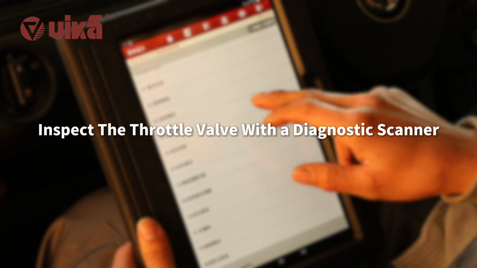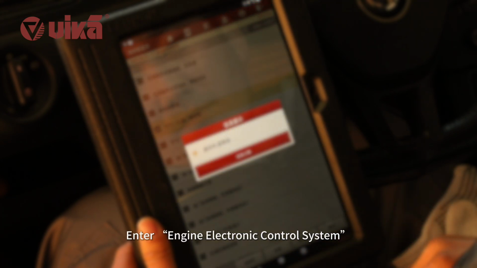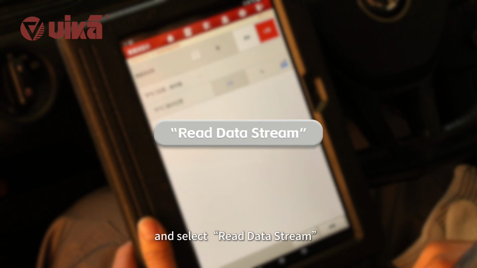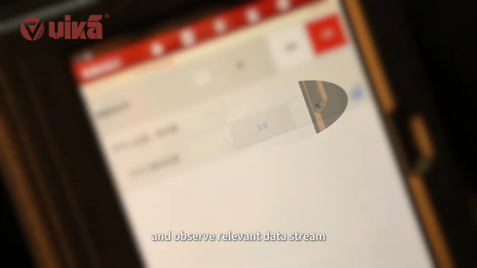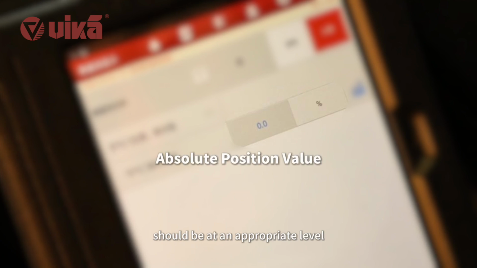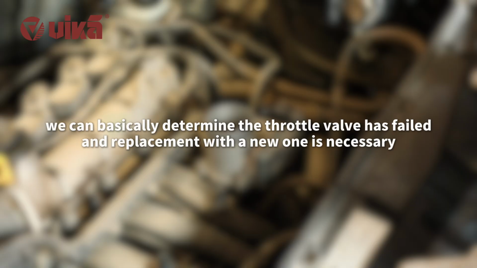Second, inspect the throttle valve with a diagnostic scanner. Enter engine electronic control system and select Read Data Stream and observe relevant data stream. The normal absolute position value should be at an appropriate level and should not be 0% or 100%. Through the above method, we can basically determine the throttle valve has failed and replacement with a new one is